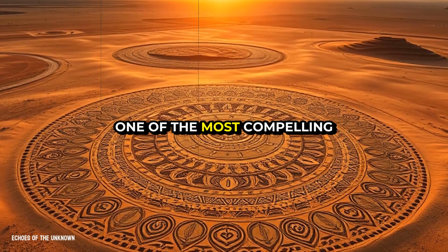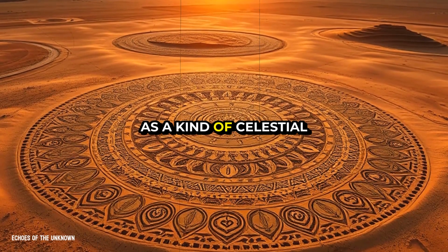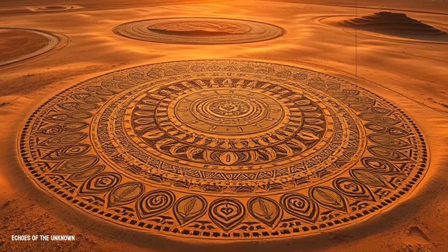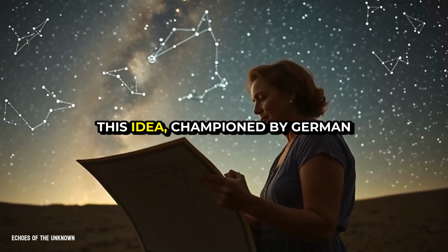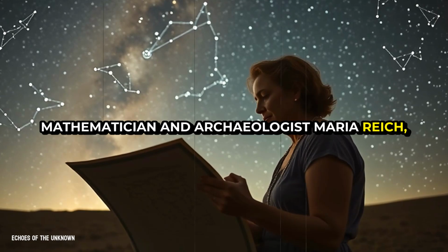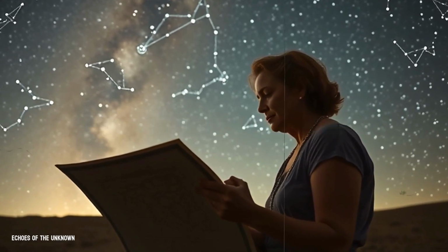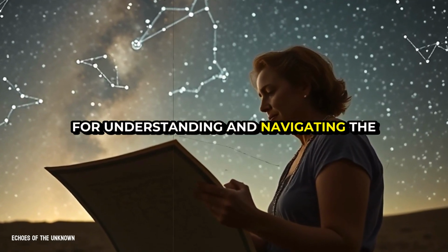One of the most compelling theories about the Nazca lines is that they were created as a kind of celestial calendar or observatory, designed to track the movements of the sun, moon, and stars. This idea, championed by German mathematician and archaeologist Maria Reich, suggests that the lines were not merely artistic expressions or ritualistic markers, but sophisticated tools for understanding and navigating the